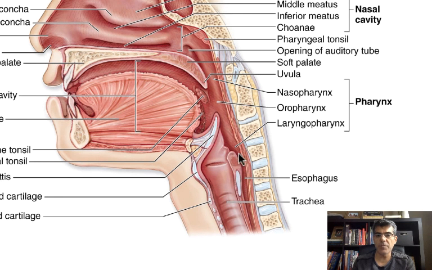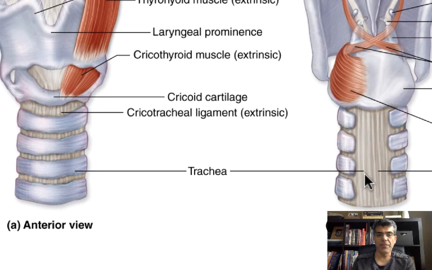When the food comes here, food needs to open up the esophagus and create some room for itself. So if the back of the trachea were cartilage, then you could not open this space and create room for your food. But because here is a membrane, food can push this membrane in and open up the space. Therefore, the membrane behind the trachea allows the esophagus to accommodate the food and push this membrane in and create some room.